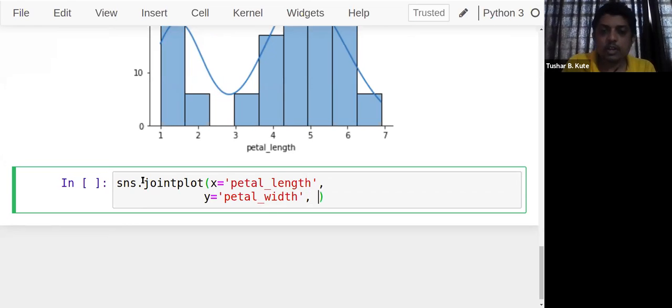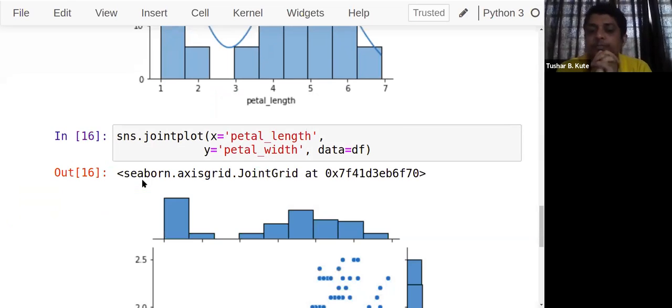But from which data frame we have to take it? That we have to mention, and this parameter is compulsory for all the plots used for bivariate or multivariate analysis. That parameter is data equal to, what's the name of your data frame? df. So from df, on the X side we have petal length and on the Y side we have petal width. This is the joint plot.